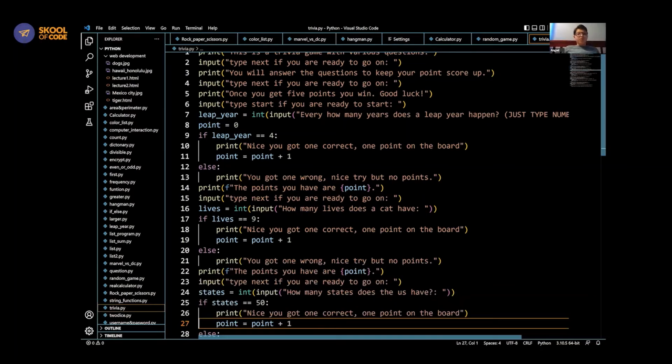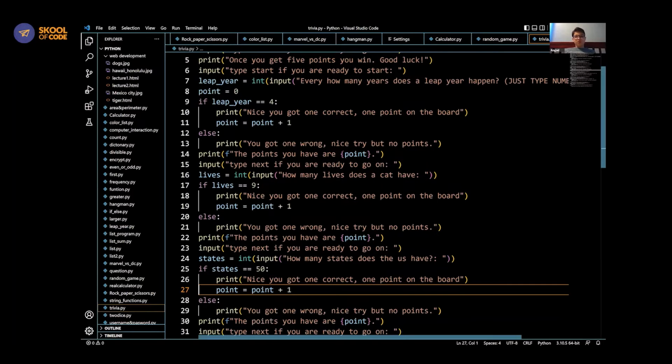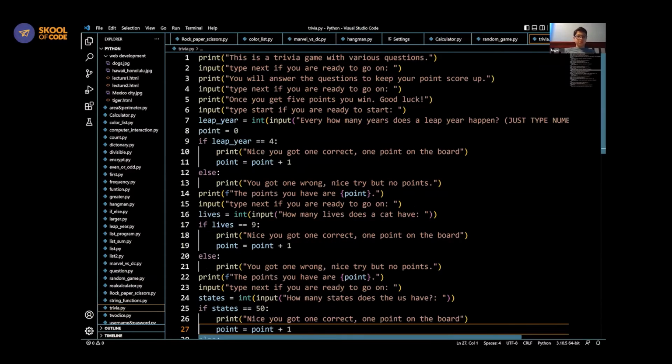Okay, so that's what happened when I ran the code. I did the code. Now I'm gonna explain to you a part in the code. I'll explain right here, this part. Okay, so I put a value as leap year, put a value, and this was my question. Every how many years does a leap year happen? Just type a number. Then I set point score to 0, and then I wrote a code,